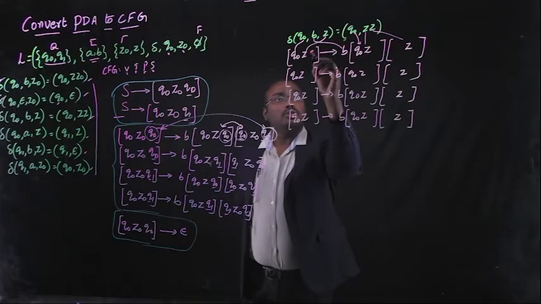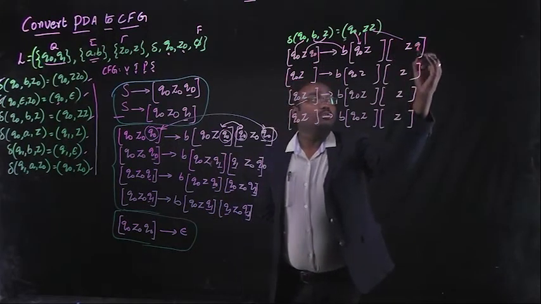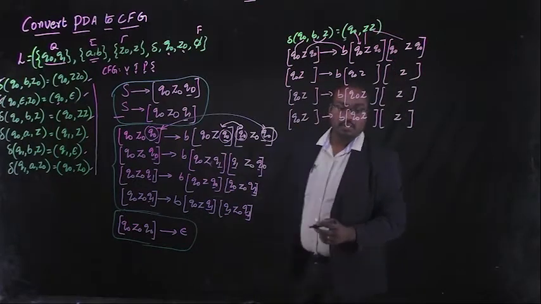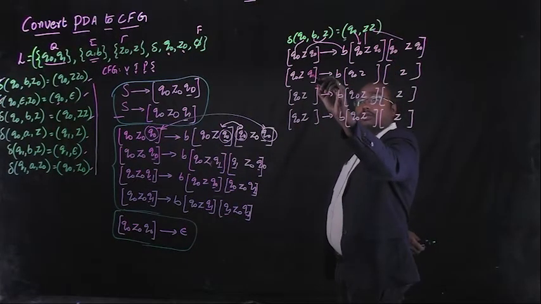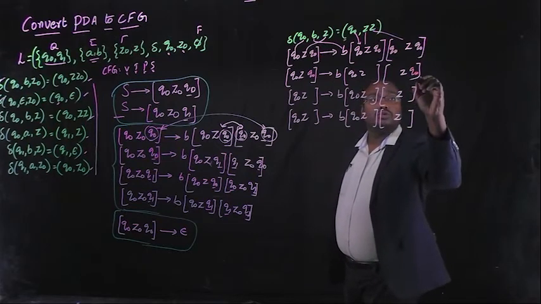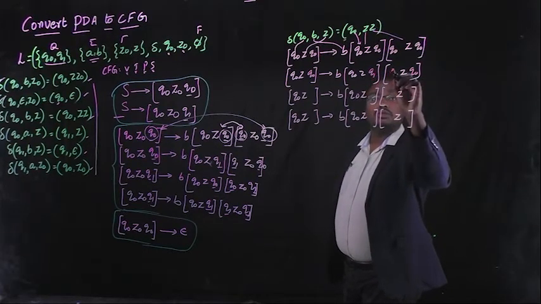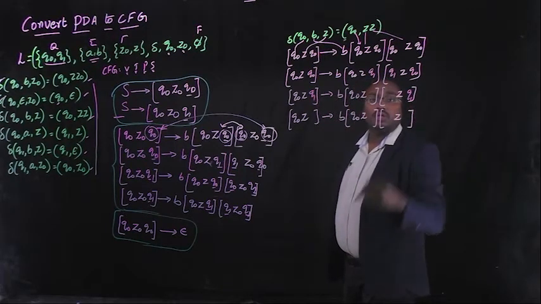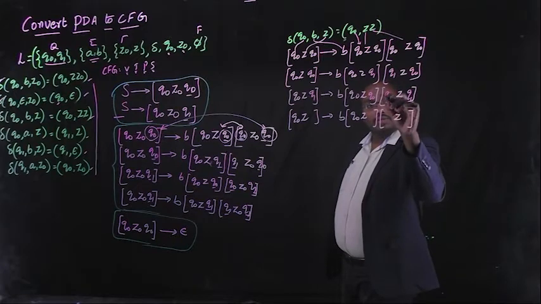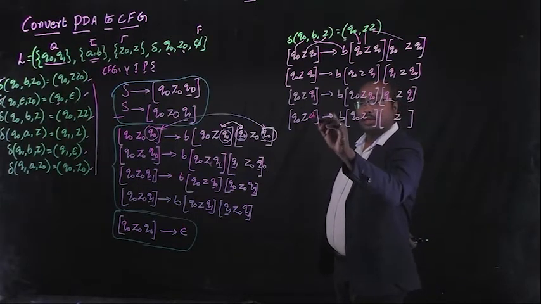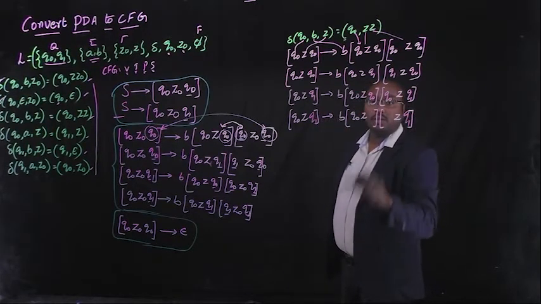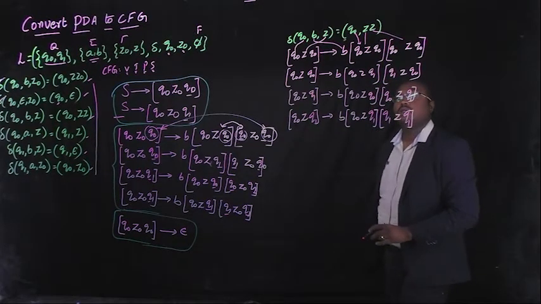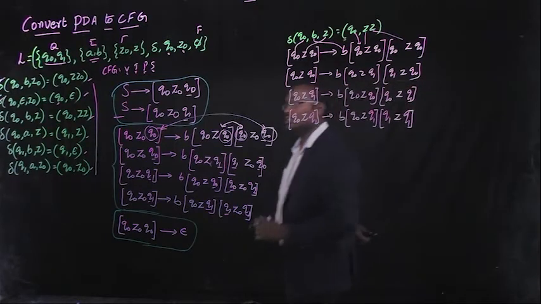First I have to fill with the Q naught production that matches with the last position Q naught, and adjacent positions also have to be placed with Q naught. Then here also I have to fill with Q naught, Q naught. Now I am filling with Q1, Q1. Then Q1 productions, Q1, Q1. Adjacent positions now I am filling with Q naught, Q naught. Next one, Q1, Q1, and adjacent positions I am taking Q1, Q1. Okay, so these are the 4 productions for this transition function.